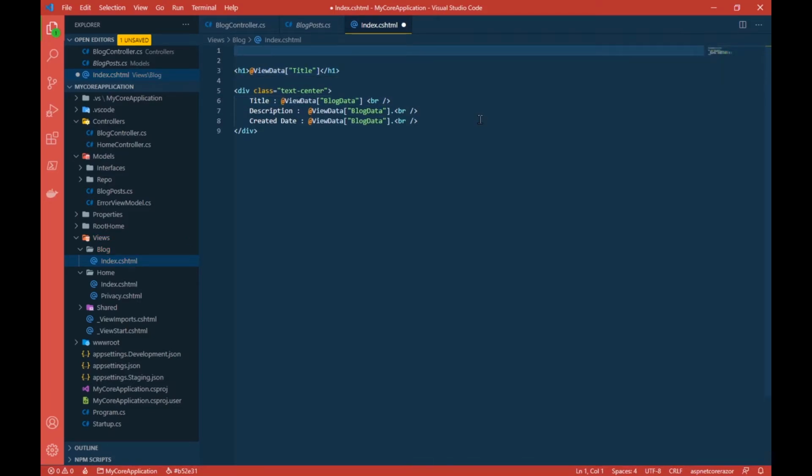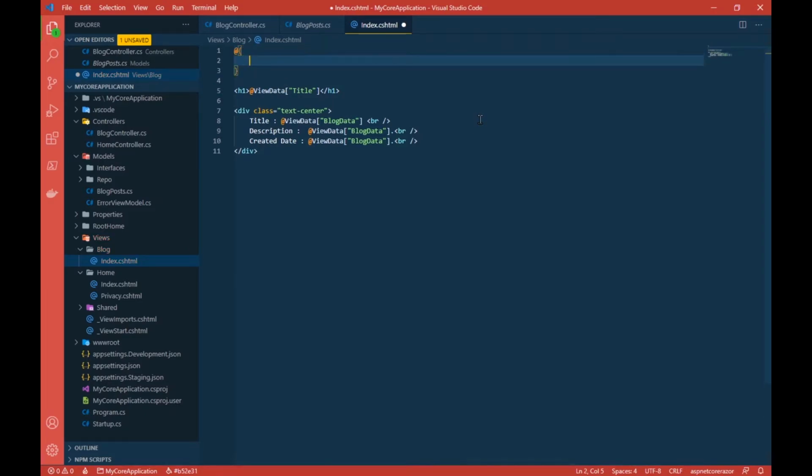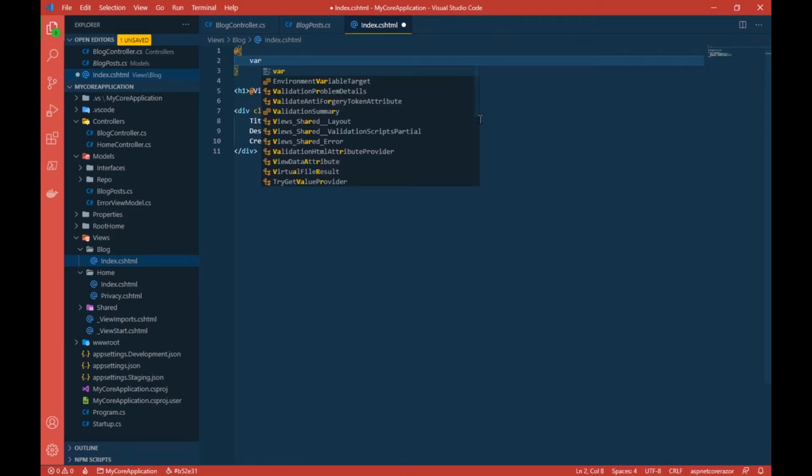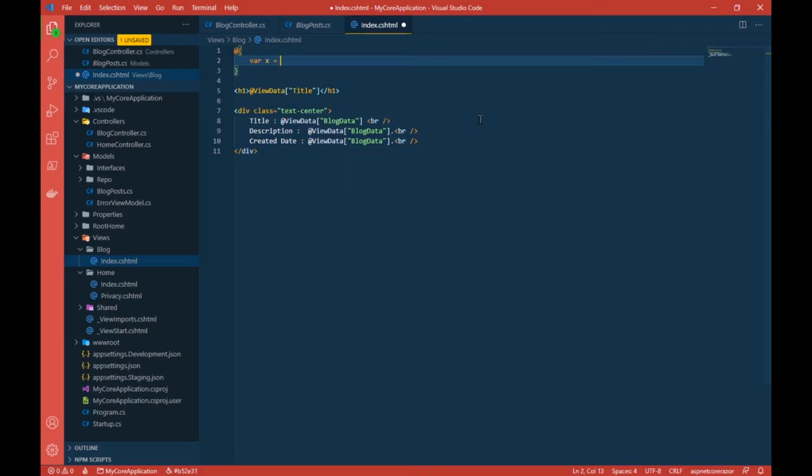Now, how can we cast this? To cast this, I'll declare a code block by giving @ and curly braces and enter. Now here I can write my C# code. I'll declare a variable as var and then x. Inside here, I'll copy this view data, blog data, and paste this, and then I'll cast this as blog posts. Done. That's all I need to do.